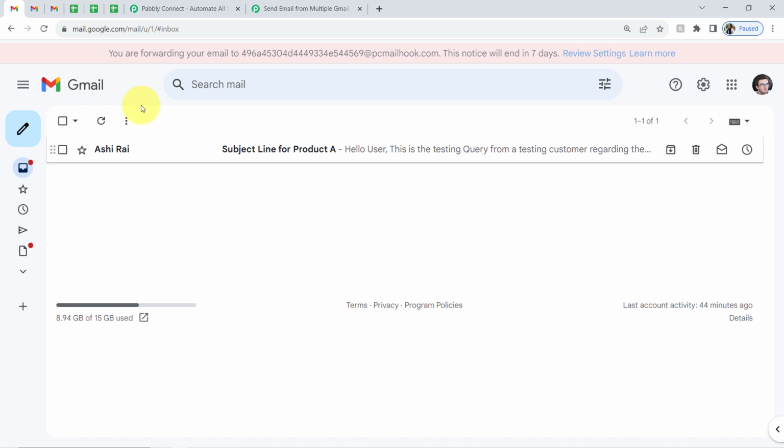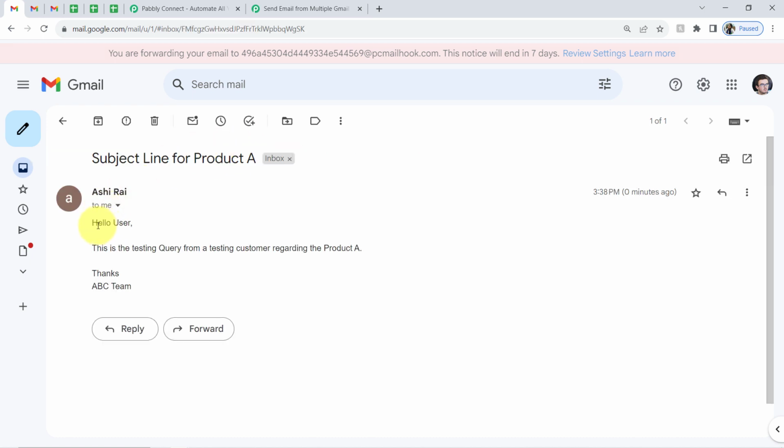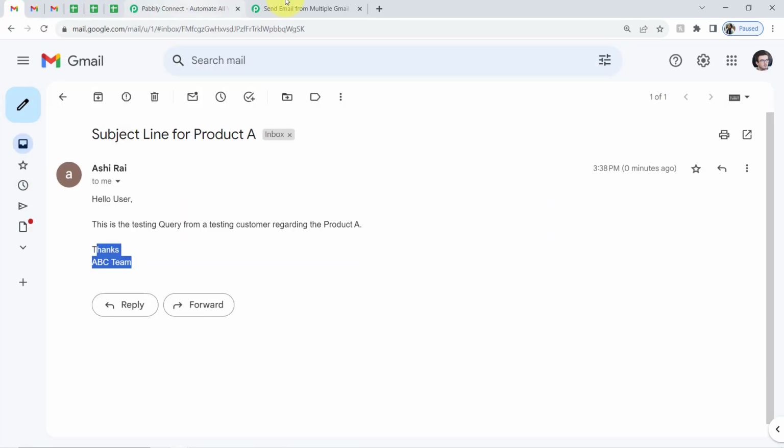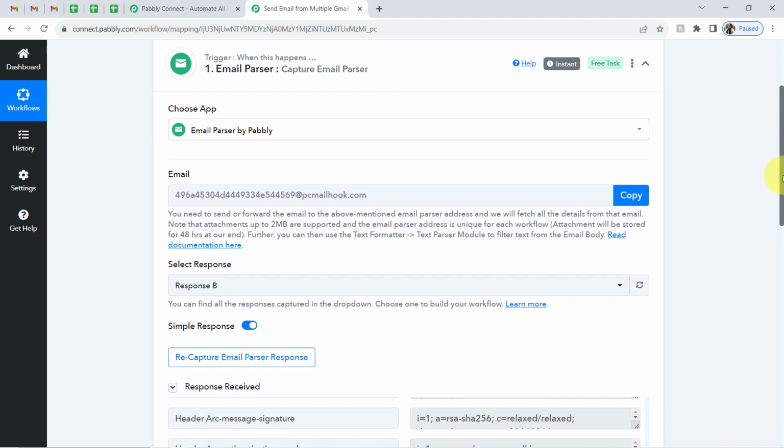So I have just forwarded this particular email on my Gmail account, and again this is just a testing email. This is the testing subject line, that is, subject line for product A, and the content is also testing content. Hello user, this is the testing query from a testing customer regarding the product A. In order to differentiate the emails, I have added this product A in the subject line as well as in the email content, so that I don't get confused that I will have to add this content in this product A spreadsheet only. Okay, coming back to the dashboard of Pabbly Connect and checking the response,